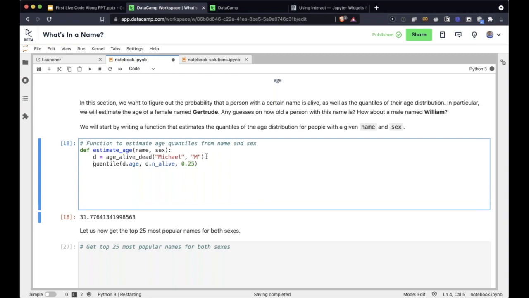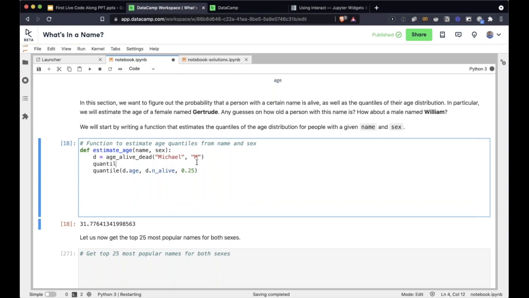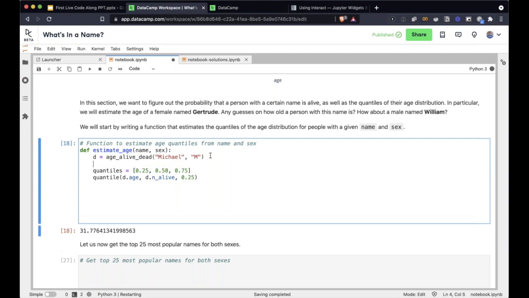The quantiles we want are 25, 50, and 75. I want to return a dictionary that has the name as well as sex, because you can then turn the whole thing into a data frame. So I'm going to define a variable called out, and create a dictionary: name equals name, sex equals sex.